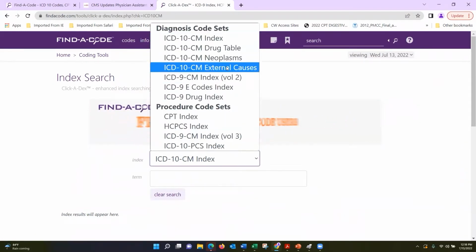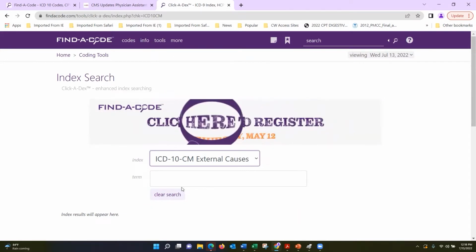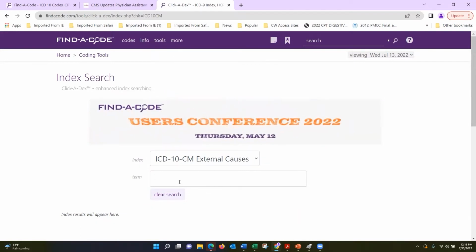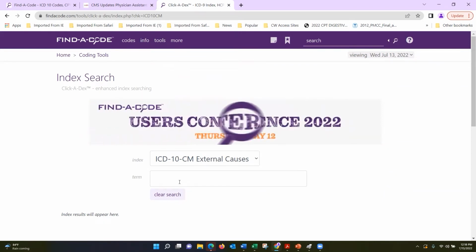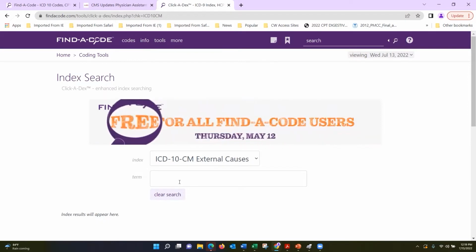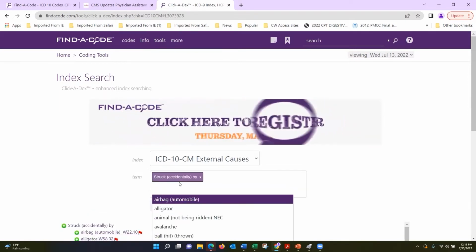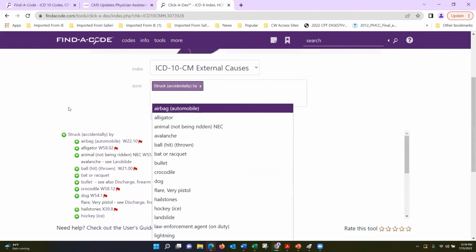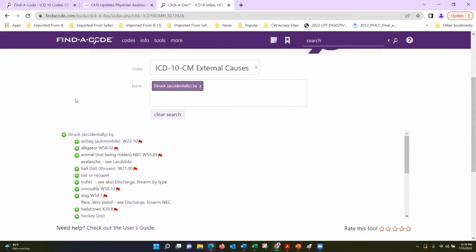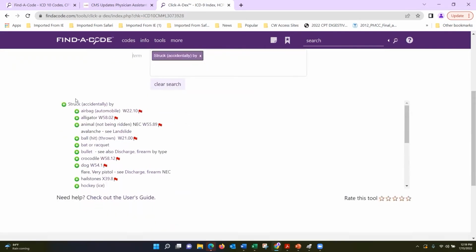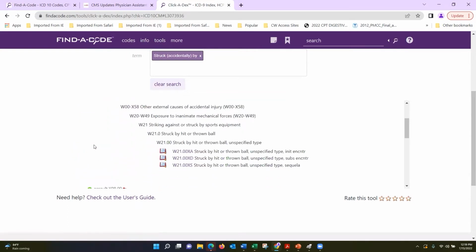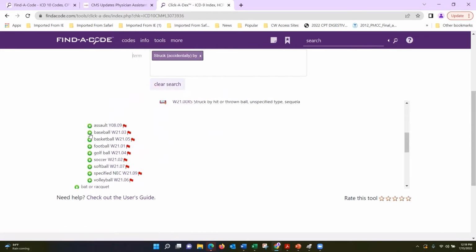All right, so I'm going to go back to this external cause. And I want to identify that this person was hit with a baseball. I'm going to use the word struck because I want you to see this word. I want you to write it down. It's commonly what you're going to look at when someone's hit with something, they're struck by. So this person was struck by a baseball. Struck accidentally. I scroll down and I see ball. If I open that up, I specifically have baseball,